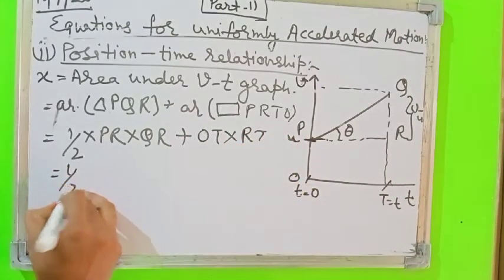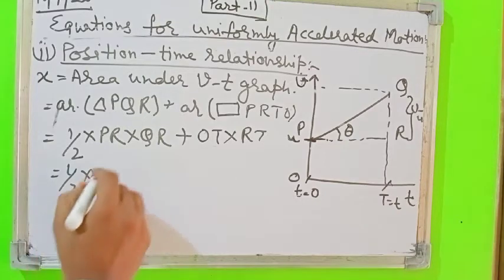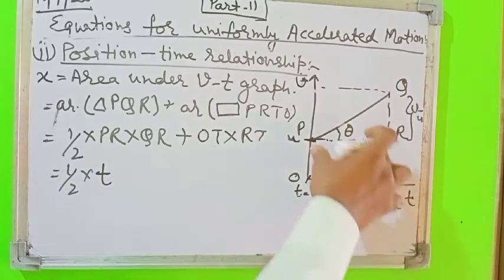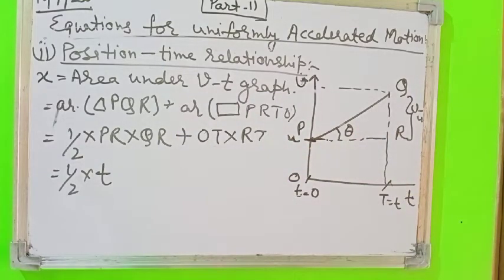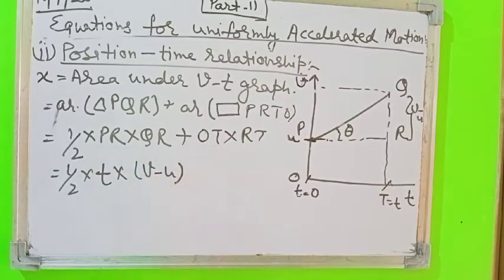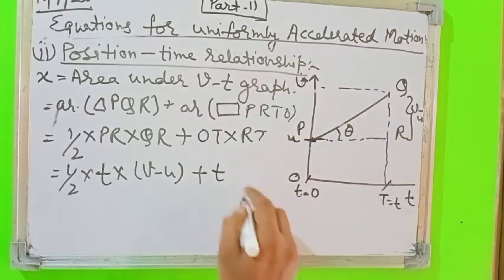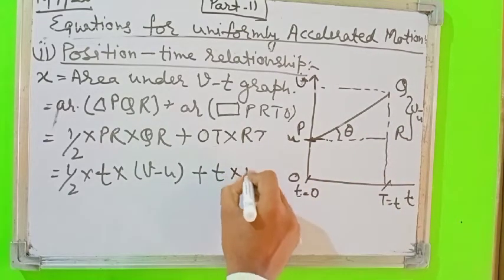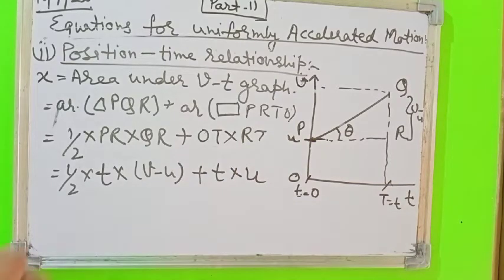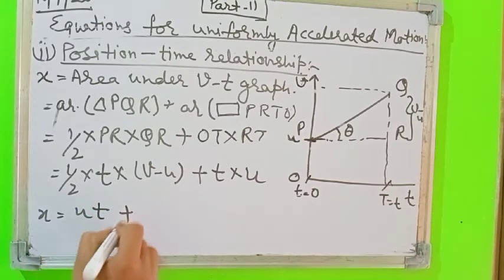So you can write it as half PR, where PR is equal to t and QR is equal to v minus u, plus OT, that is t, and RT, that is u. So x is equal to ut plus